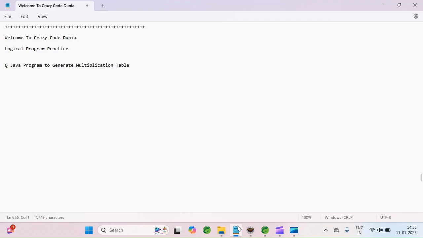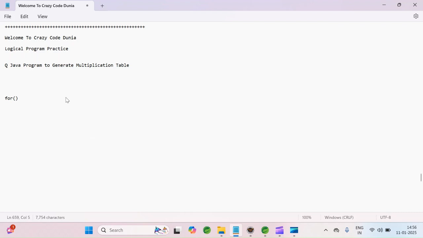So what is meant by a for loop? Basically we focused on most of the problems with while loops, so our students have not yet had a chance to work on the for loop. So this is the first program where we are working on a for loop. A for loop is like this. We are using a for loop. Inside there is one